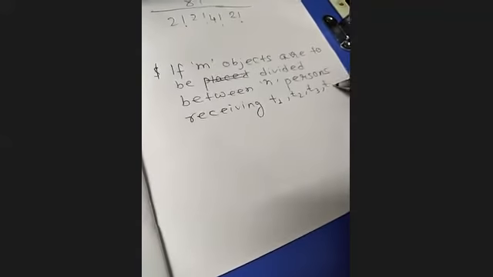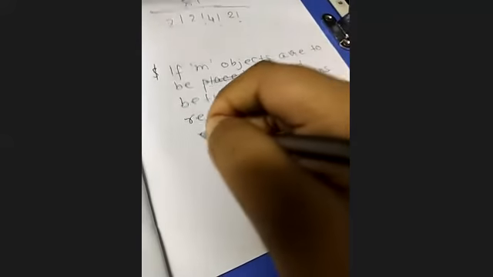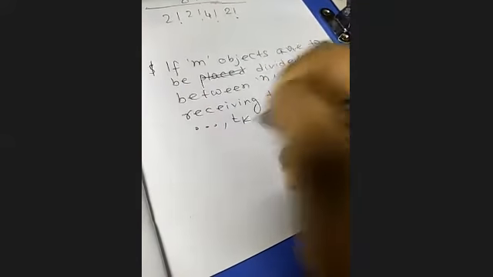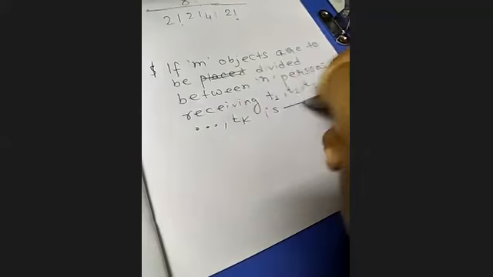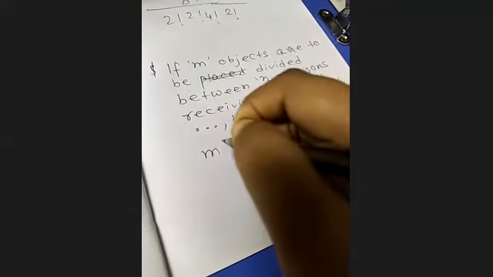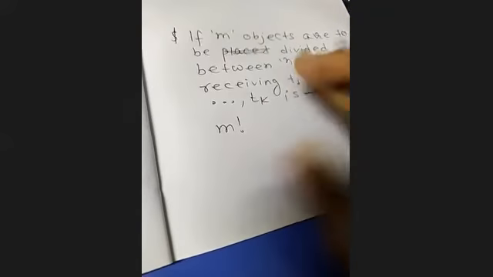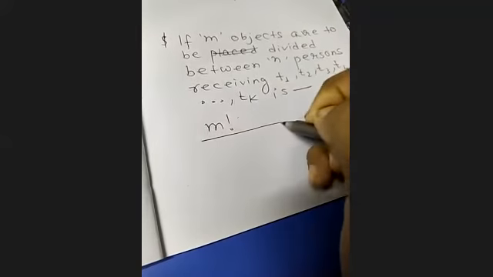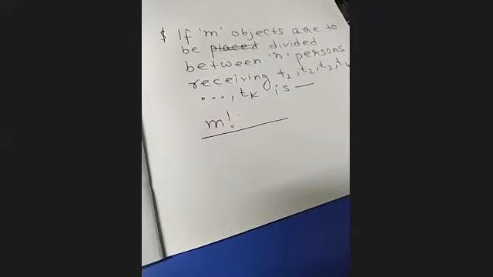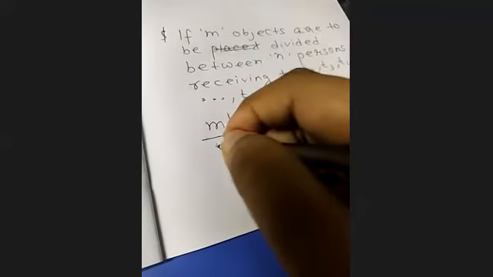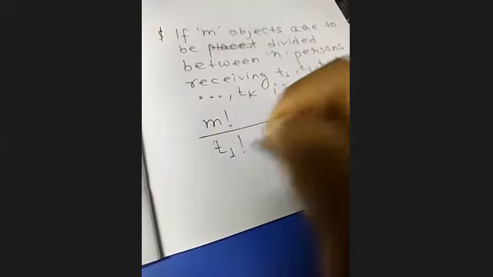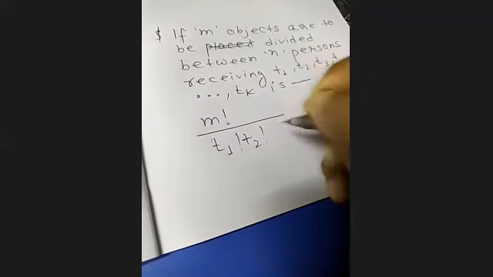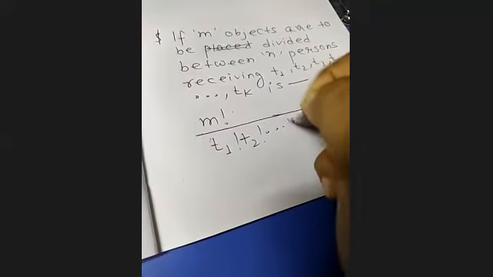It may seem a bit complex, but remember the way that I told you, because I think that is easier. The number of ways is m factorial divided by T1 factorial, T2 factorial, up to Tk factorial,